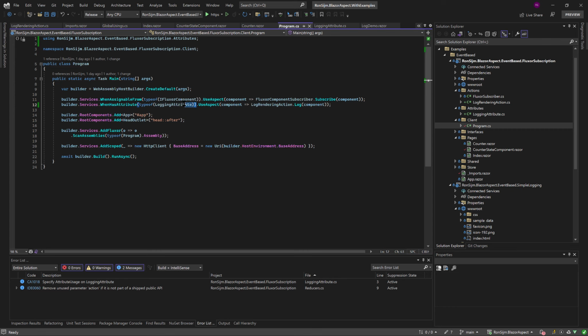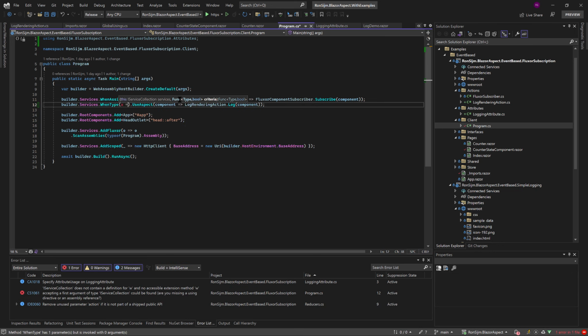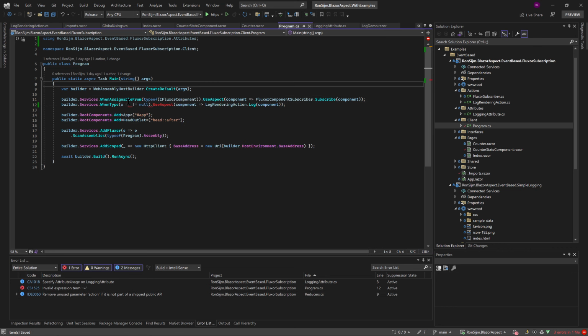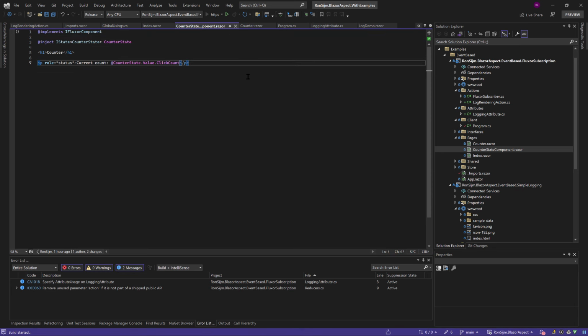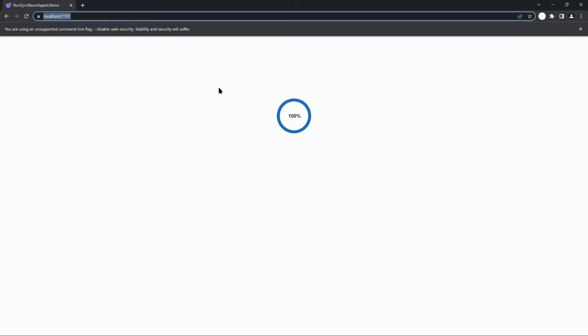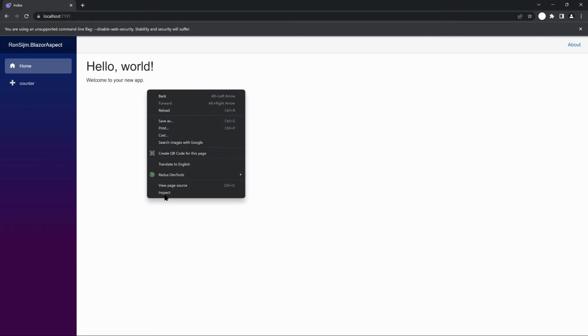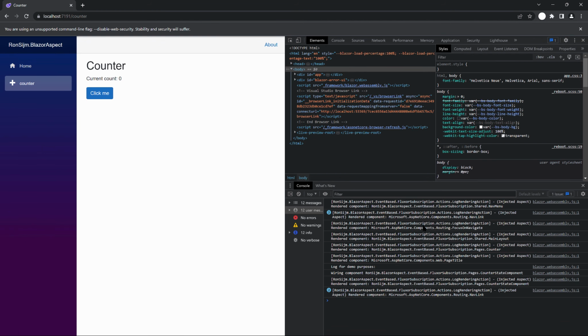So you can also just assign behavior to any type, where you just use one type and a type expression. I'll show you what happens. Every time a type is not null, basically every type, log the type. Then we don't need this attribute anymore. And now if we run our application again, let's open the console. In the console, if I click around, you will see a lot of these logging events,